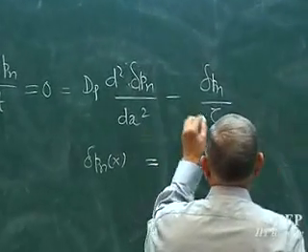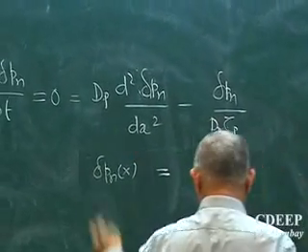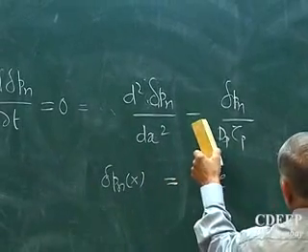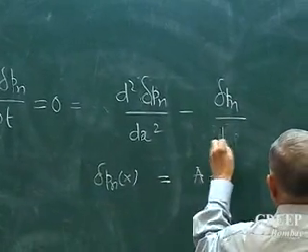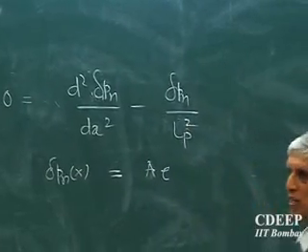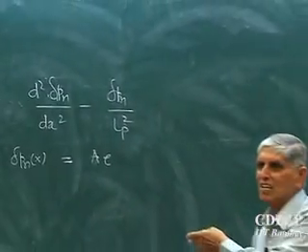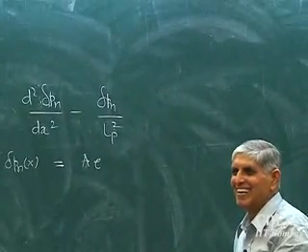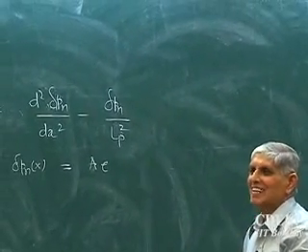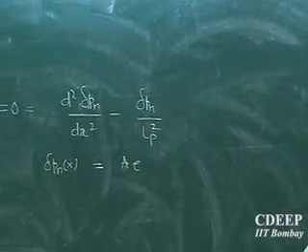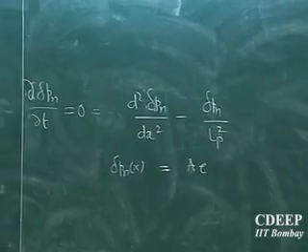You can write Dp here, make it this, and then Dp tau p I can replace by Lp square. You may write it in 2 steps. Dp will be first put low, and then Dp tau p is Lp square. Okay. So if I solve this